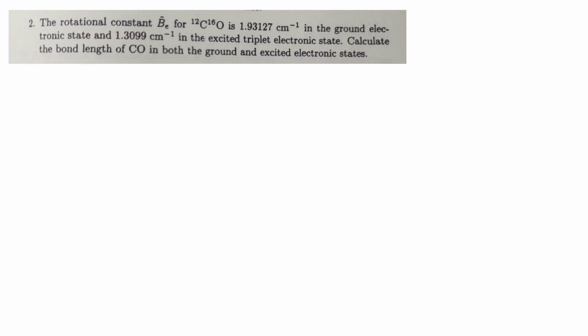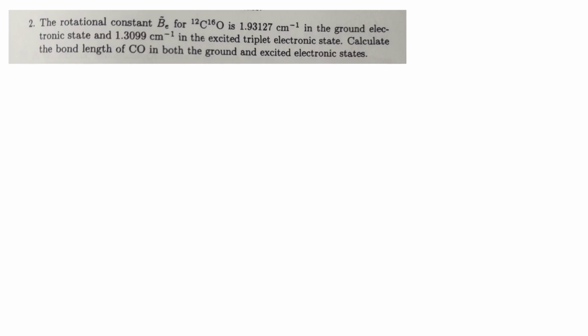From the screenshot, as I can see, I've taken an image from my phone and pasted the question here. So see here the rotational constant Be, it is written Be for carbon monoxide with these isotopes 12C and 16 oxygen, 16O, is